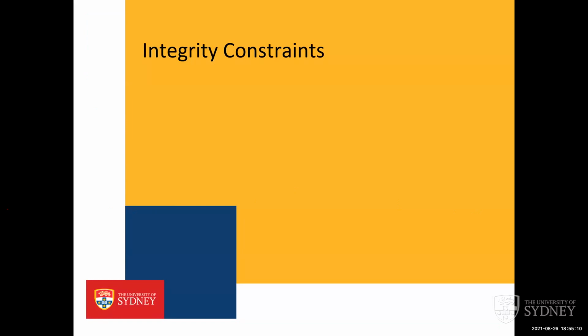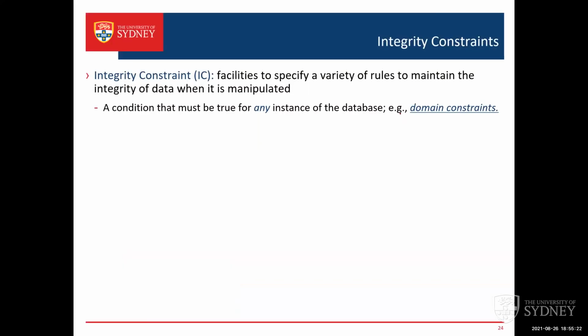Okay. So integrity constraint. How do we put those conditions like primary key, foreign key, or sorry, candidate key sort of thing? Foreign key, you don't know. Okay. So integrity constraint,